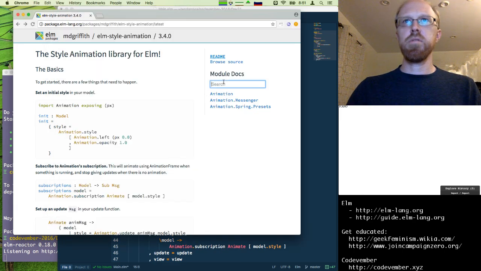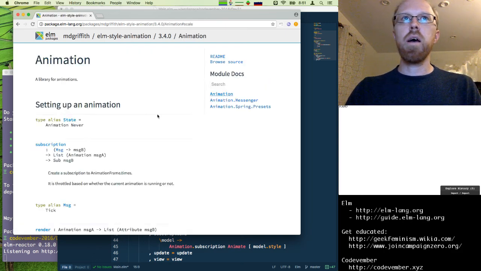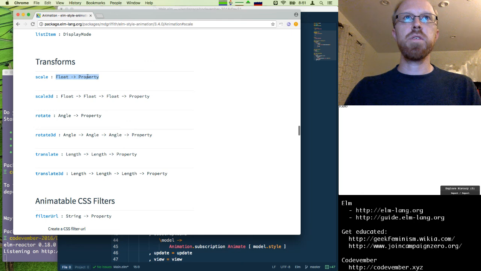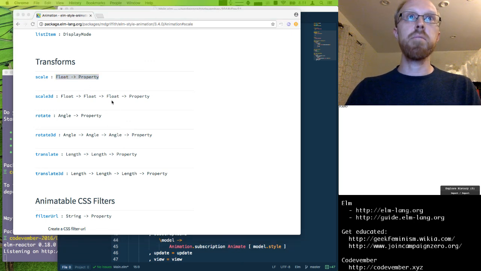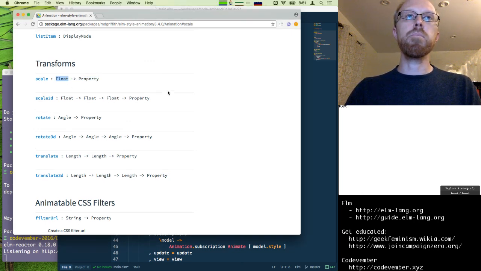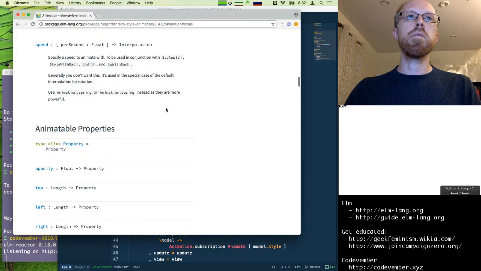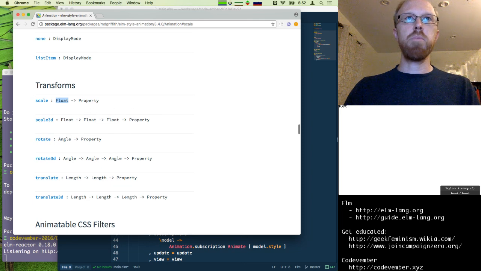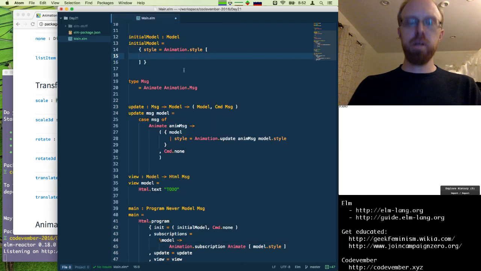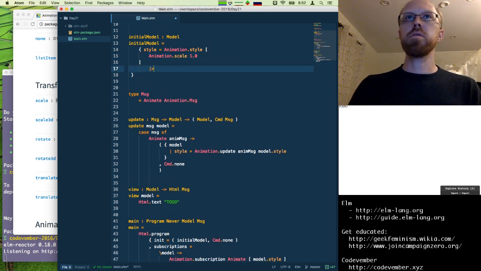by, let's see if there's a font size, or is there a scale? Yeah, okay. Let's try animating the scale of the text here. Okay, that's listed in the animatable properties. All right, so we'll do animation.scale, and we'll start at 1.0, and then let's try